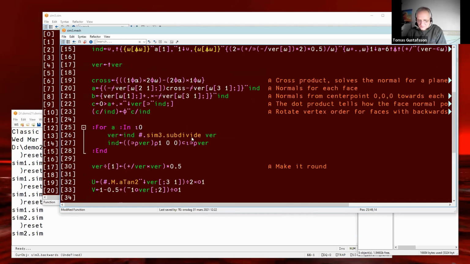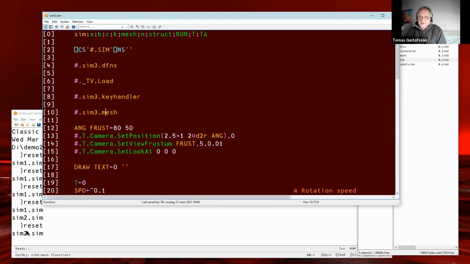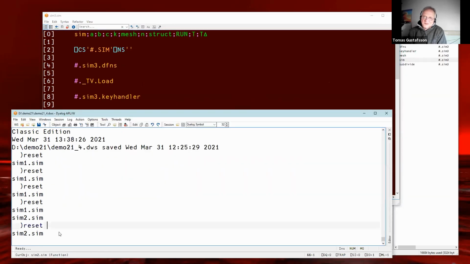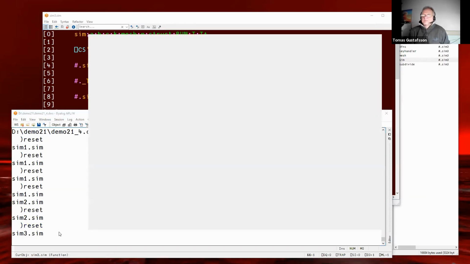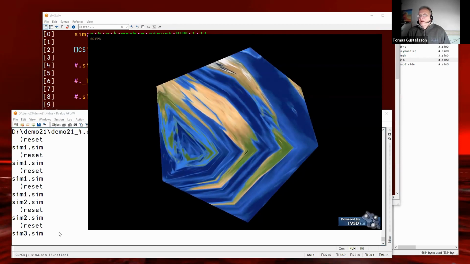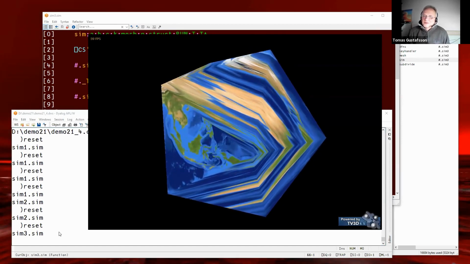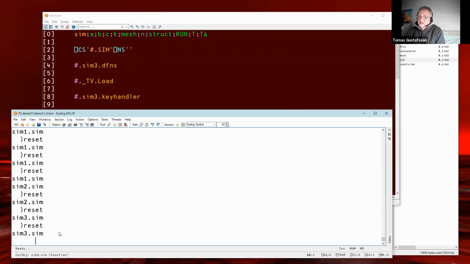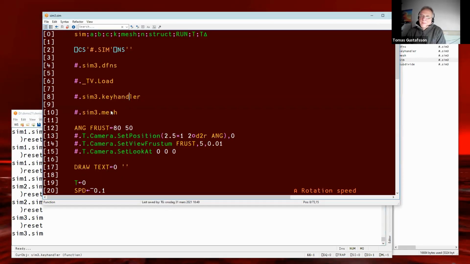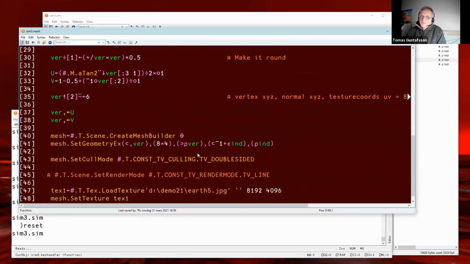So let's see what happens. Set and sim3, 3.sim. I seem to have also applied a texture onto this object. I'll remove that. I know where it is.